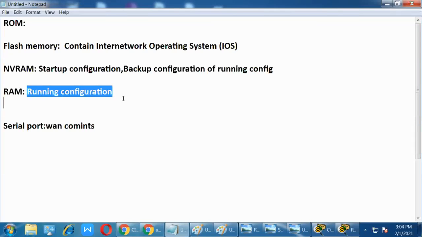Clear? Running configuration, because it's running, right? The configuration is running. Clear, guys? Yes, sir. अभी आप सेव नहीं करे, जस्ट आप इंटर हो गए राउटर के अंदर, अब कॉन्फ़िगरेशन कर रहे हैं, इंटरफेस वगैरह सब चीज, अभी सेव नहीं करे. So that is the running.